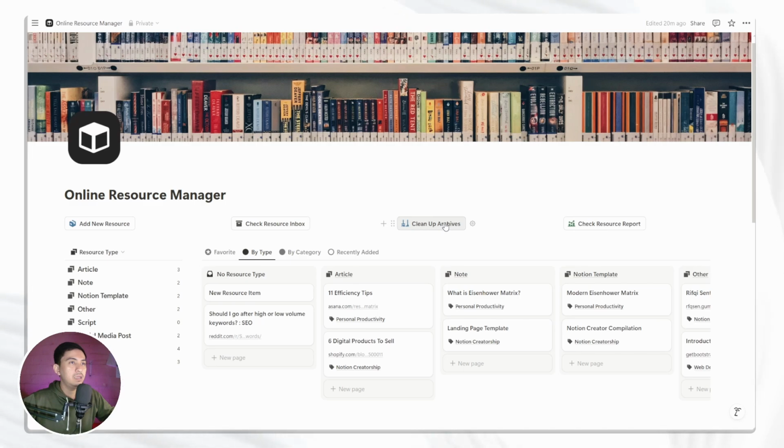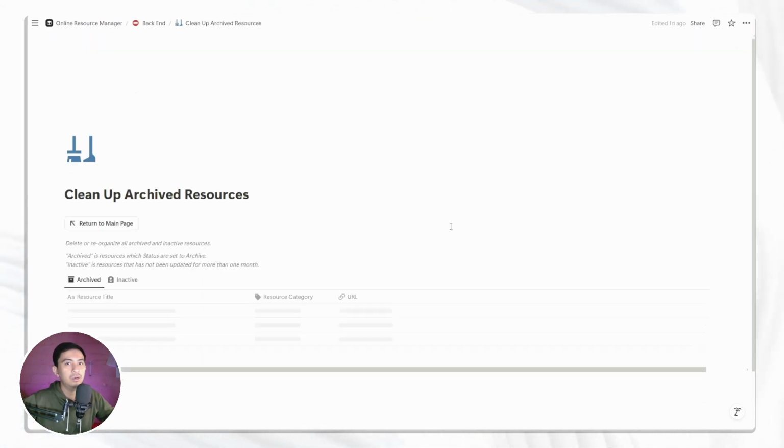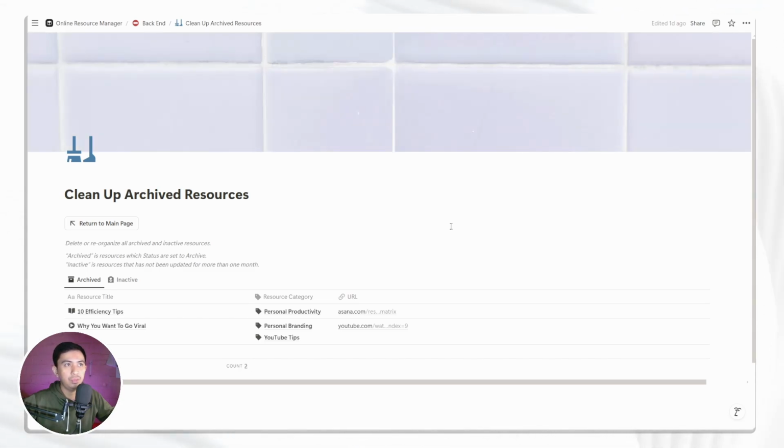And then the next feature that we have is Clean Up Archive. Previously we already showed you how to set a resource into archive status. Right here, Clean Up Archive Resource is a centralized place where you will see all of the archived resources. One purpose of seeing all of the archived resources is that you can do two things.